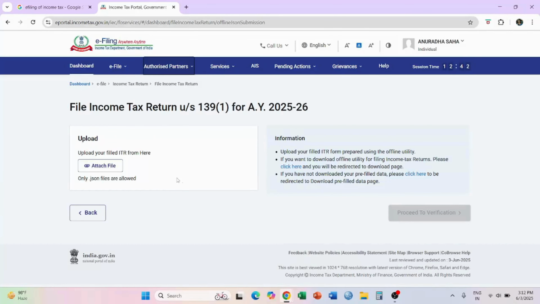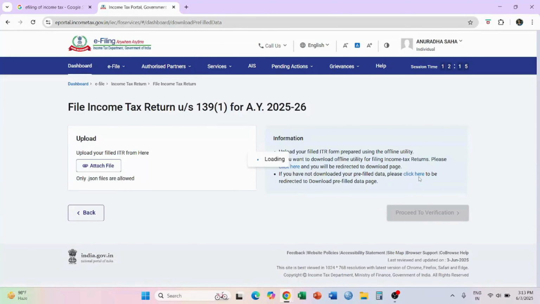Now this part has no function. What has the function is in these two places. So first we will be clicking on the second option. See what they have written in the information column: if you have not downloaded your pre-filled data, please click here to be redirected to the download pre-filled data page.